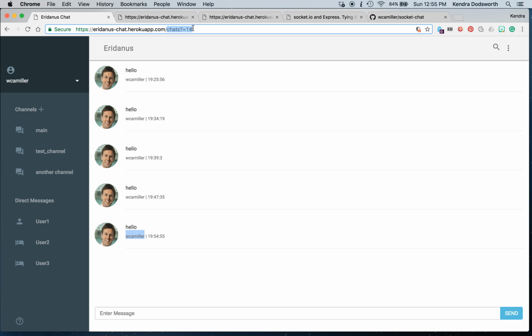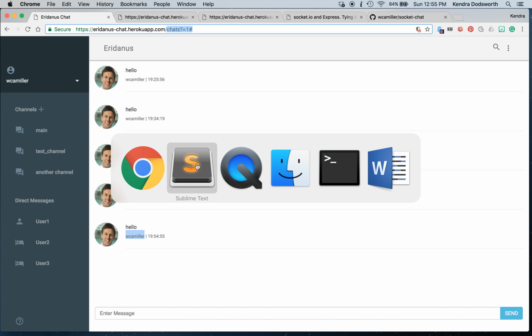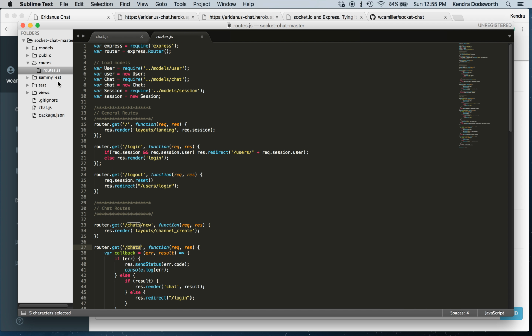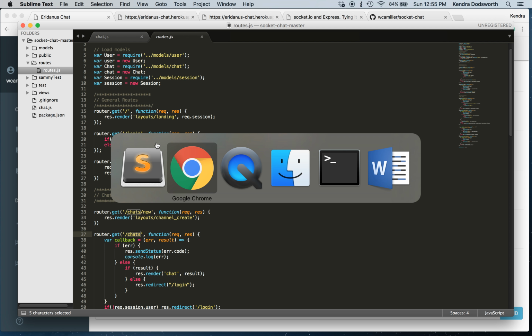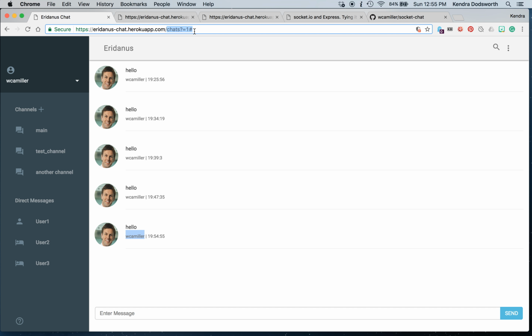and Jeff's also been working on reworking the endpoints and routing for the application. He has created some new routes here where we can create a new channel, and also importantly, he's reworked the routing such that we can access chat by ID. So going forward, we can dynamically access different chats on the sidebar and be able to retrieve that from the